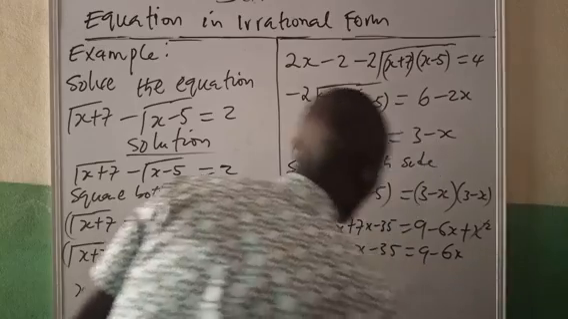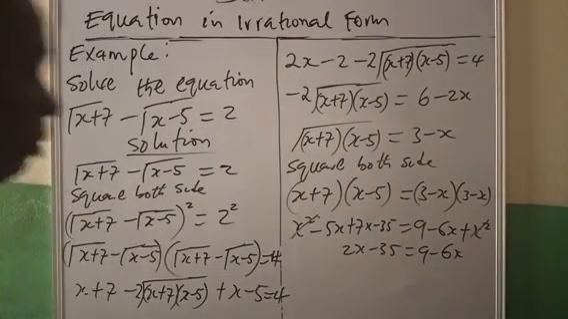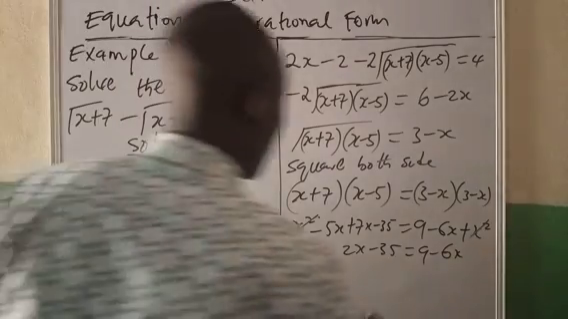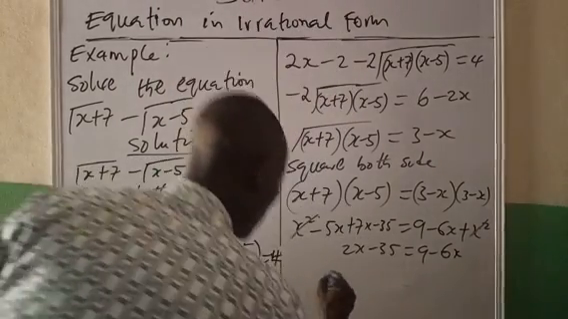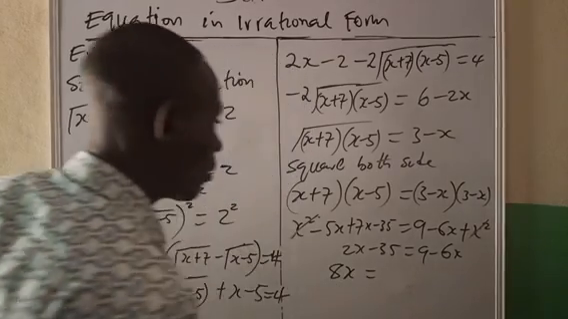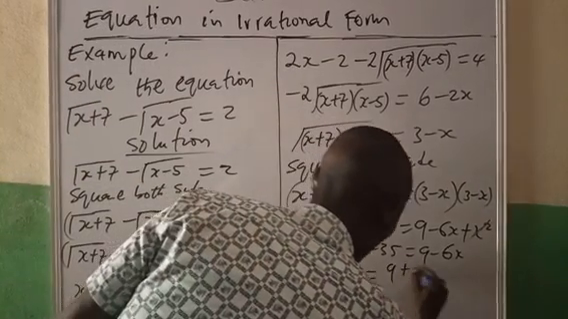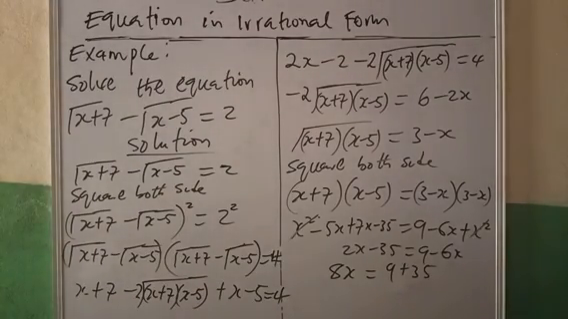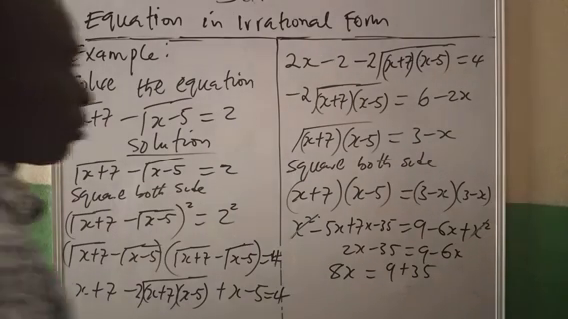We collect like terms. If we collect like terms, we bring 6s this way. We have 8s is equals to, take this one to the other side. That is 9 plus 35. 9 plus 35 will give us